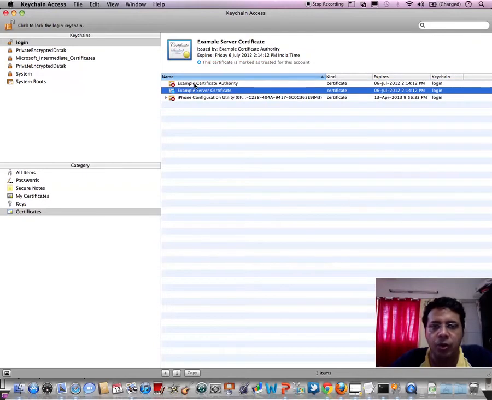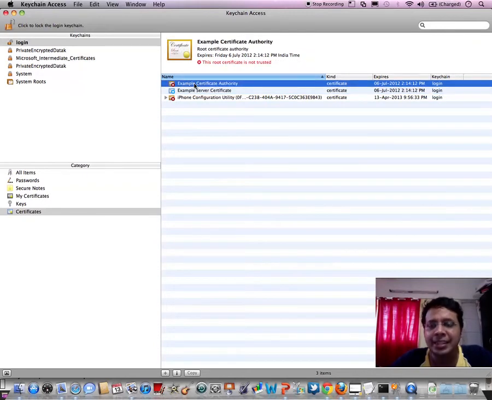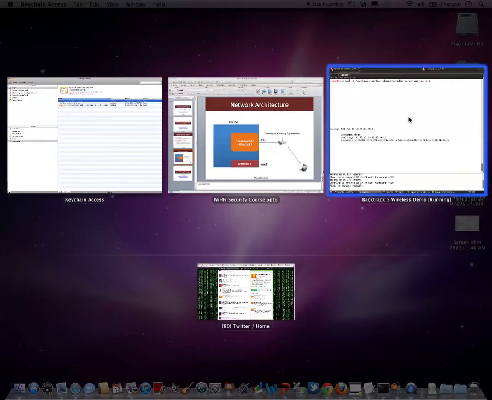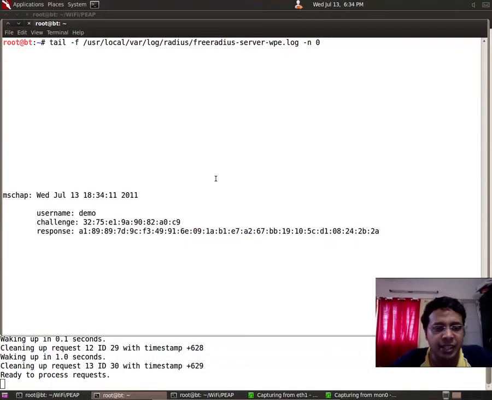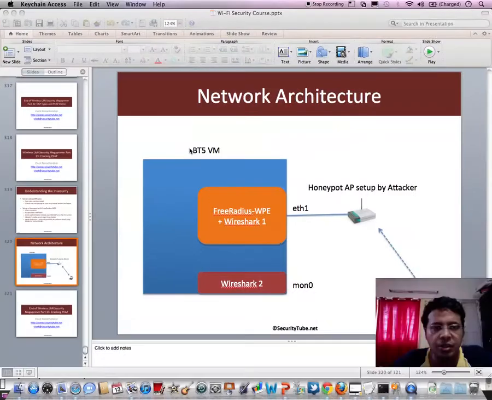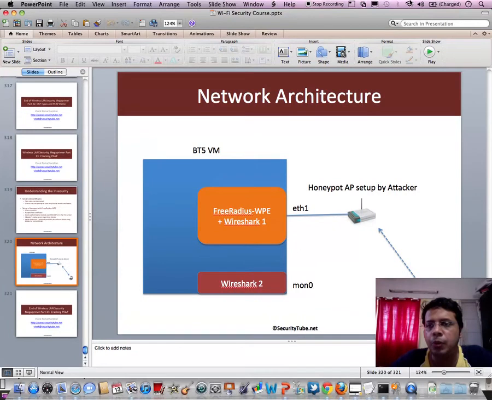And from now on, this certificate will be blindly trusted by the client, which is our wireless interface. And if you notice, automatically, based on some credentials which I had put in a while back, it's even finished the authentication. Now these are not the correct credentials, so let me go ahead and